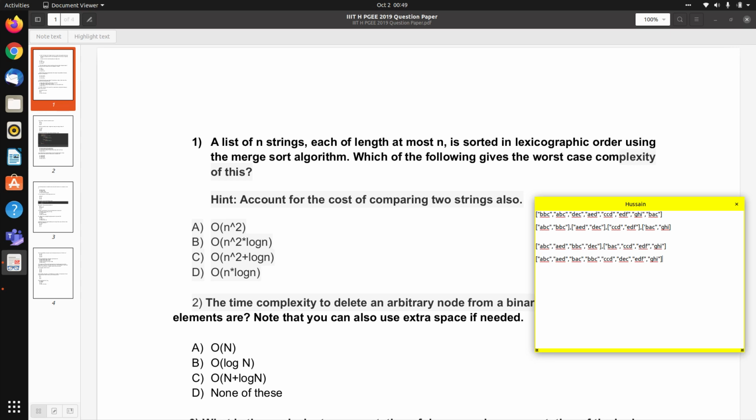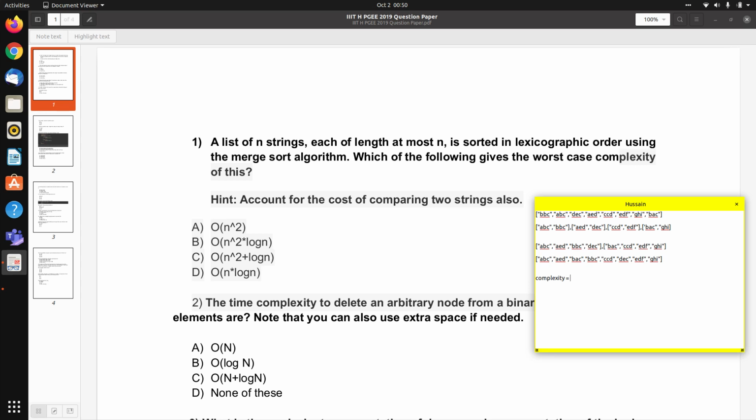So we see that if the size of the array is 8, we need to do the merge operations 3 times. Okay, and each merge operation takes order of n square time. So when we apply log on 8, it is equal to 3.